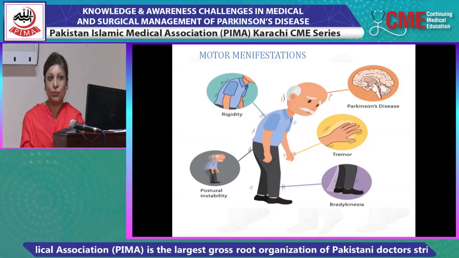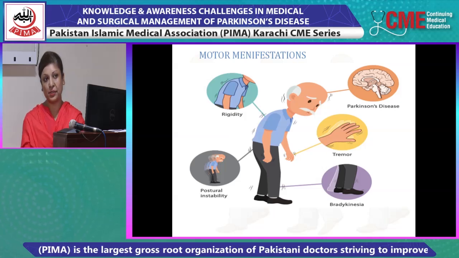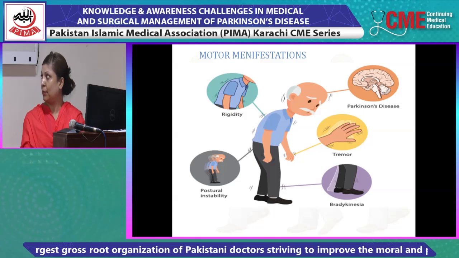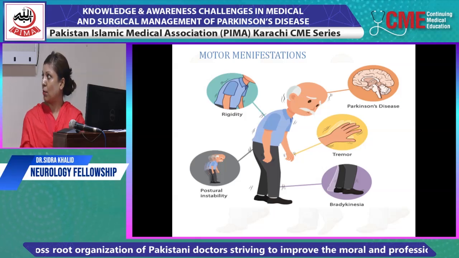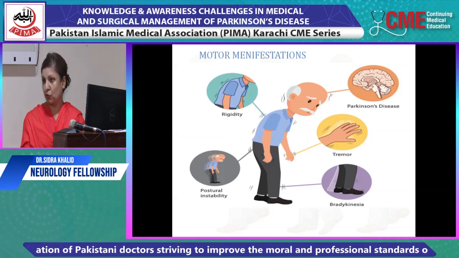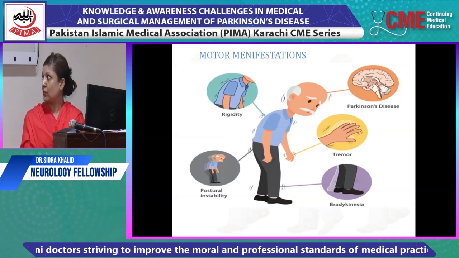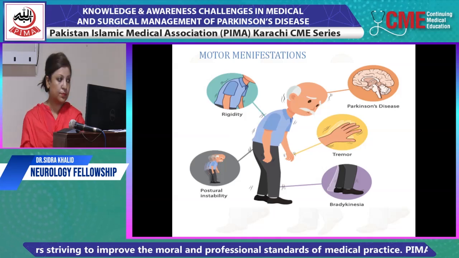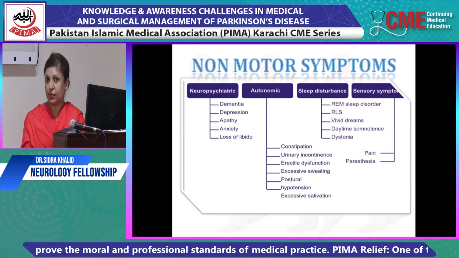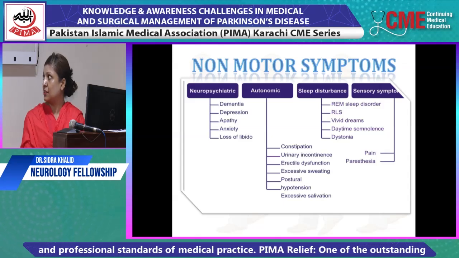Now the important clinical features of Parkinson's disease. The most common feature of Parkinson's disease is tremors. The tremors of Parkinson's disease are usually of higher amplitude and low frequency and more common at rest. Moreover, other common features are bradykinesia, that is slowness of movement due to overactivation of indirect pathway, as we already discussed, loss of postural reflexes, and rigidity.